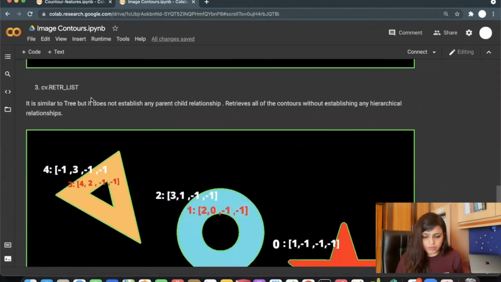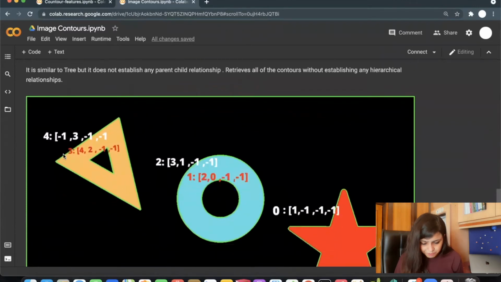The third one is retrieval list. It is similar to tree, but it does not establish any parent-child relationship. It retrieves all the contours without establishing any hierarchical relationship. For example, child and parent will be -1, but it gives you all the contours.